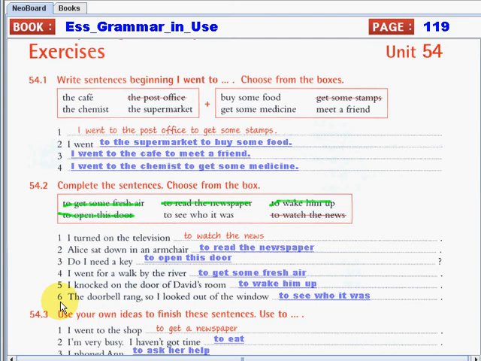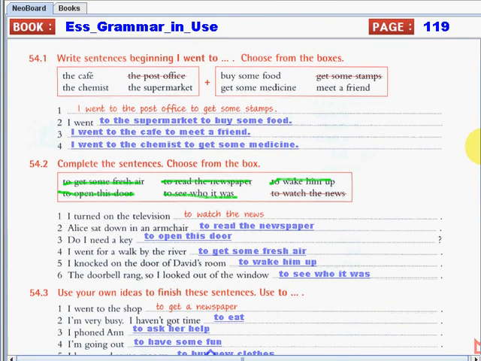And the last one. The doorbell rang, so I looked out of the window. Okay, so there is only one answer left, and that is to see who it was. Okay, so cross it out and then put your answer on the blank. Okay, so that is how to answer this kind of exercise without confusion when you don't know what the right answer is. Okay, so let's go now on